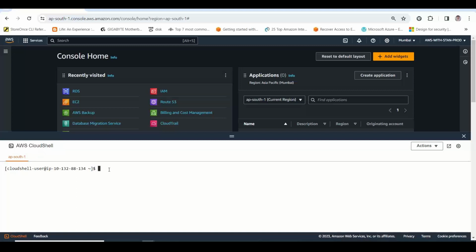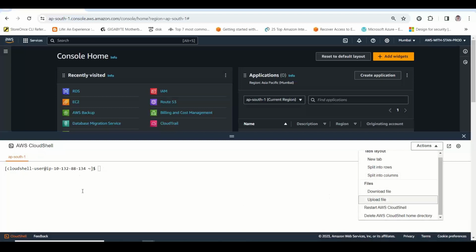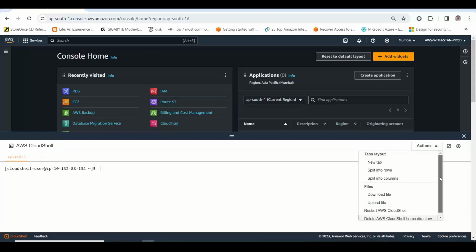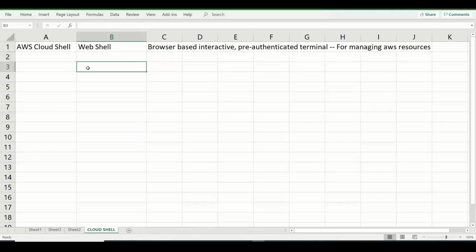So you can see that it is there, and then if you go to the right, you have the actions menu where you have the option to restart the AWS Cloud Shell. This is a kind of instance that is created and readily made available for the operations team or for the user to manage the AWS list of products and services. So here, AWS launches the environment for you in a few seconds,